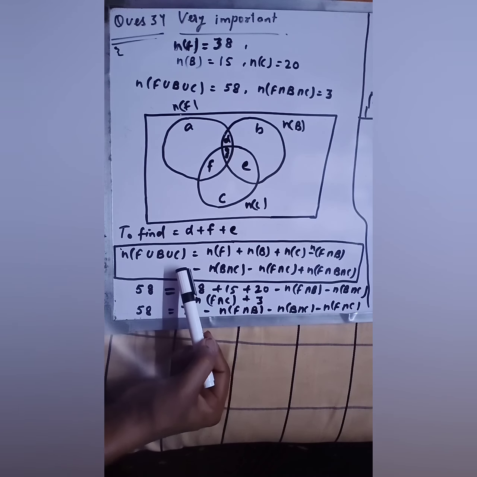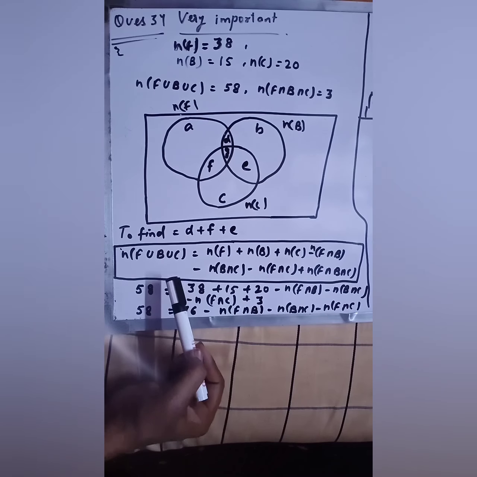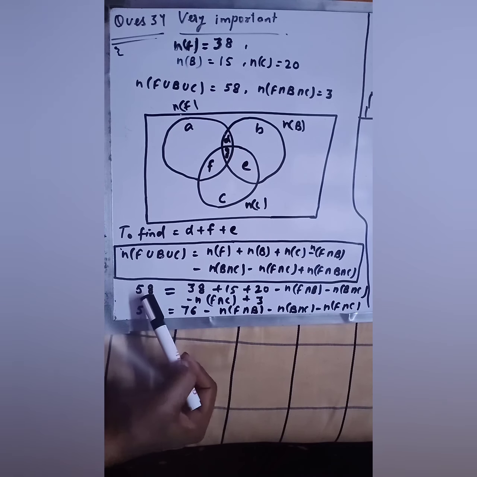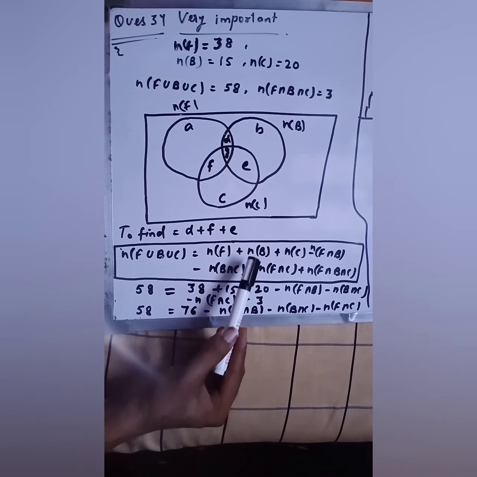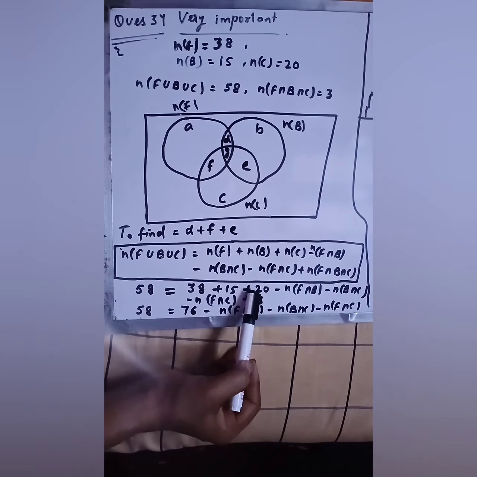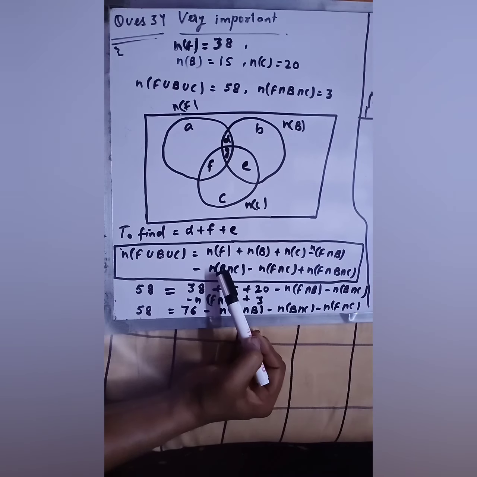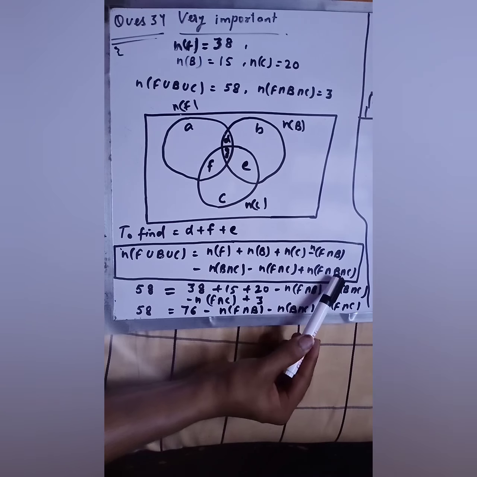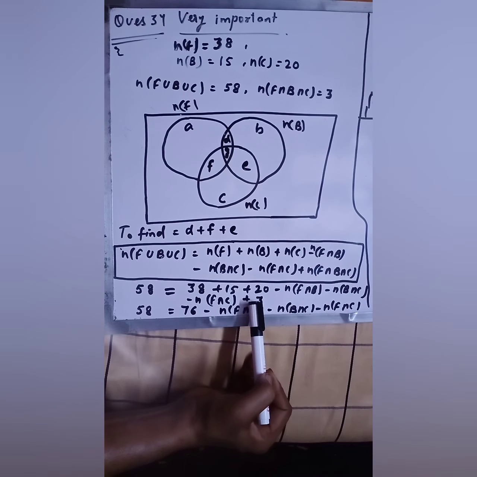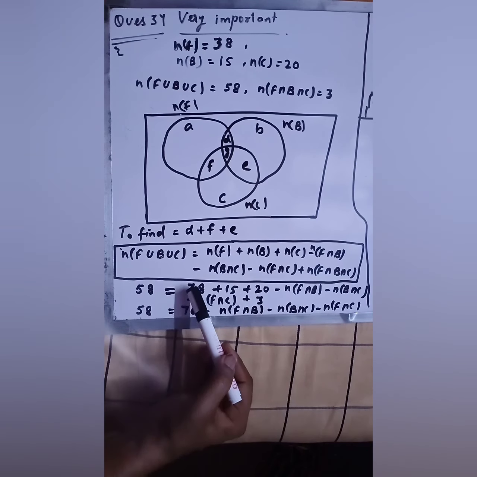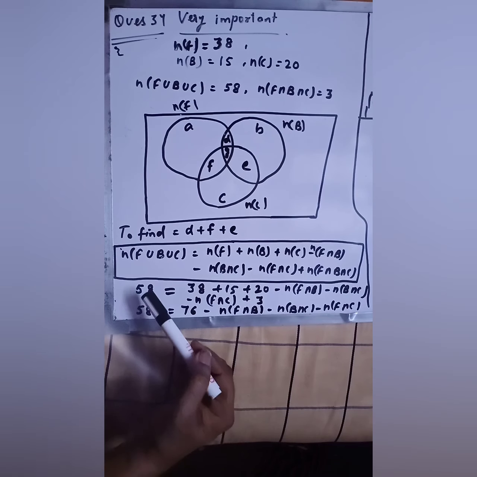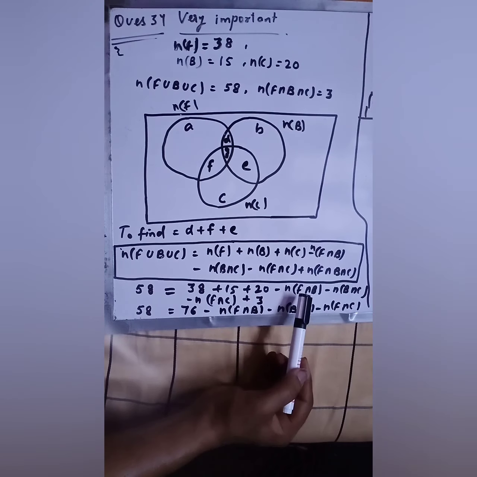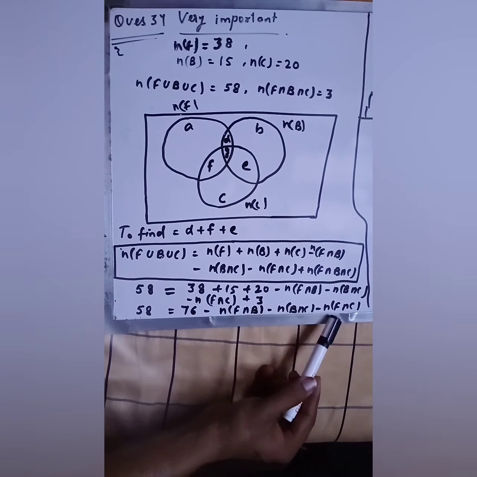After writing this formula, I am just going to put the values, because this is given, which is 58. Total medals are 58. NF is given, NB is given, NC is given, and similarly these are not given. So I'm just copying it, all three, and the intersection of all three is given, which is 3. Got it? After that you have to find the sum of all the values, and 58 will remain the same. You have to copy this and this value like this.